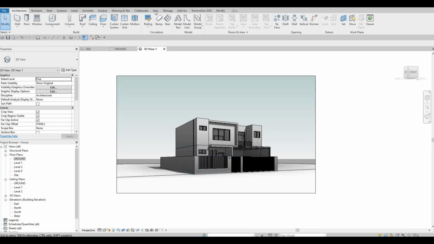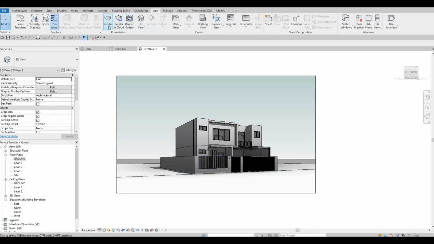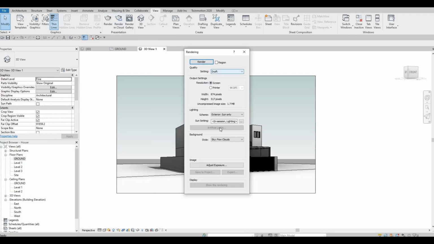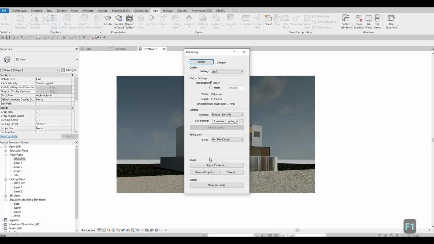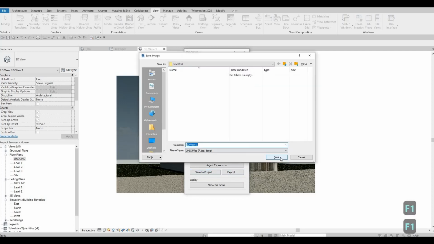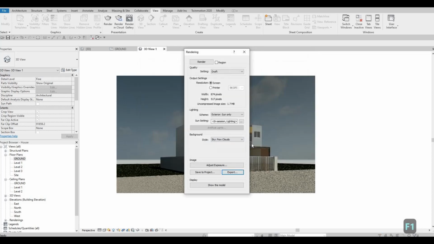and then here we could just go to view and then render, and then we're just going to add a draft, and then here just click on render. So once we're good, save to project, and then I'm going to export as well. I'm just gonna save it to the same Revit file, and then after this